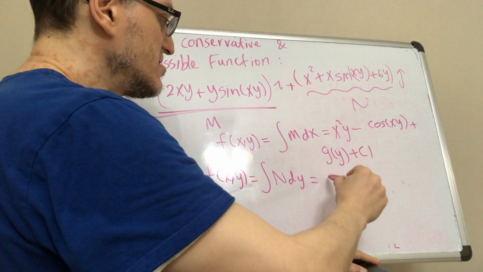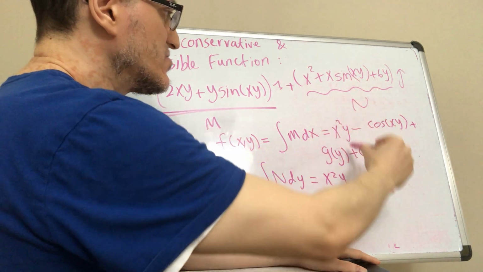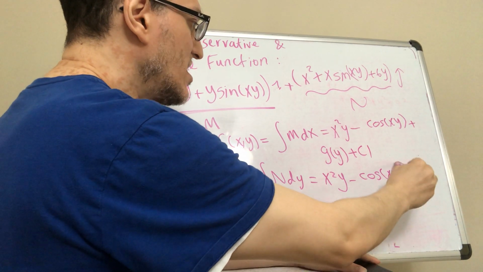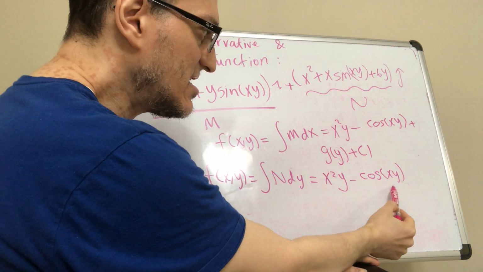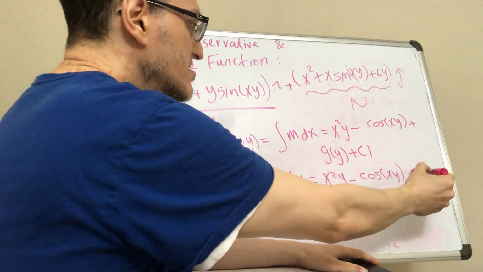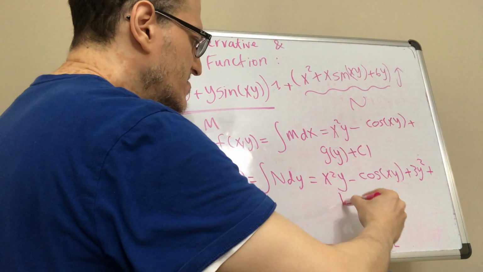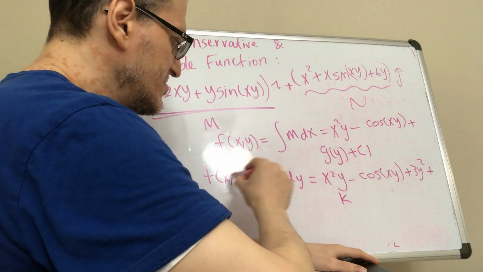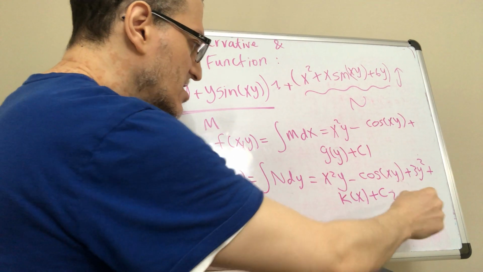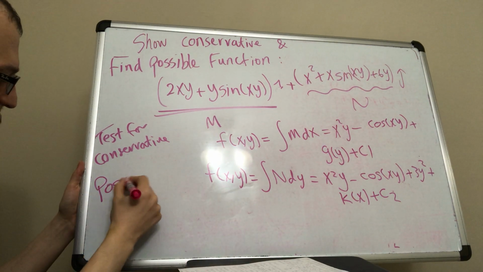A constant would be a constant y. Integrating this would be minus cosine xy over the constant x that cancels with the other x. Integrating this is 3y squared plus another function, I'll call it k, in terms of the other variable, plus a constant c2. So possible function